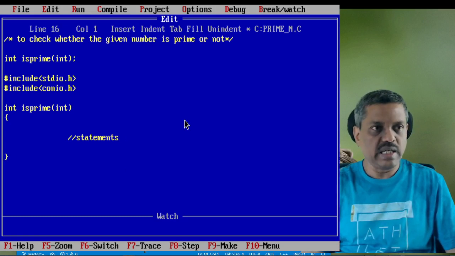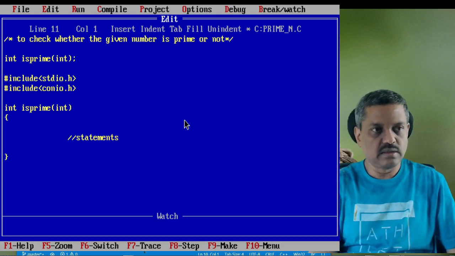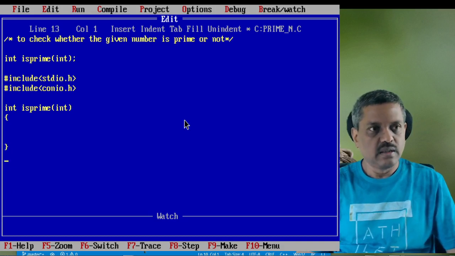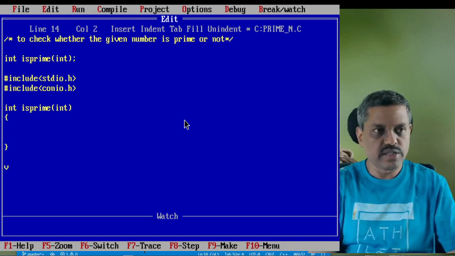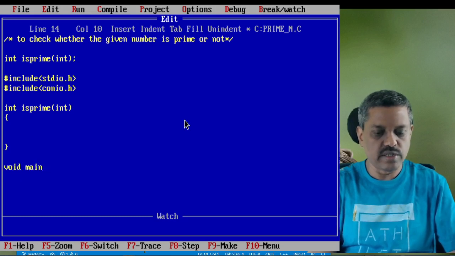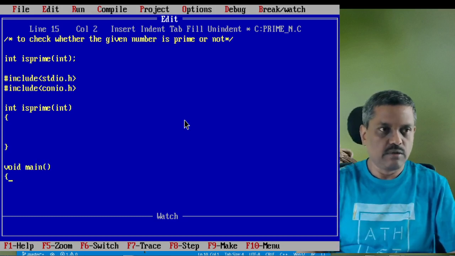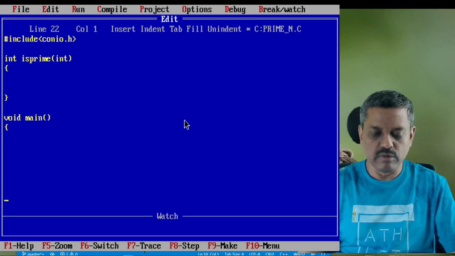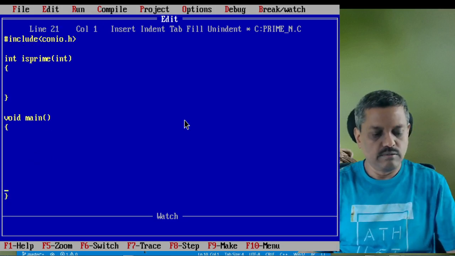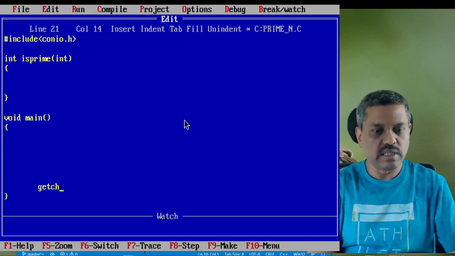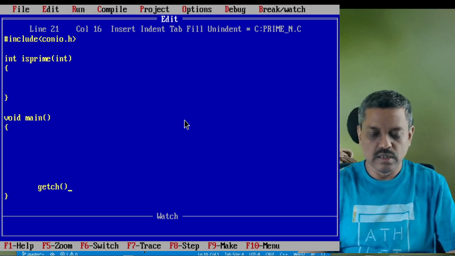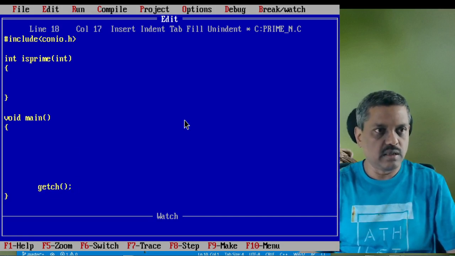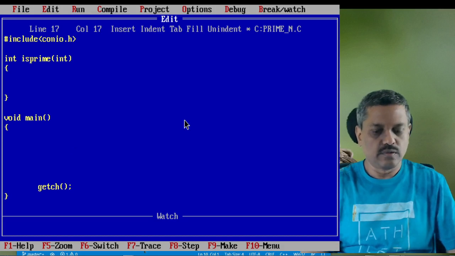Now we have to write the main function, which is very important, without which a C program will never work. Within it we need getch for stopping the output and visualizing the output on the screen, of course.